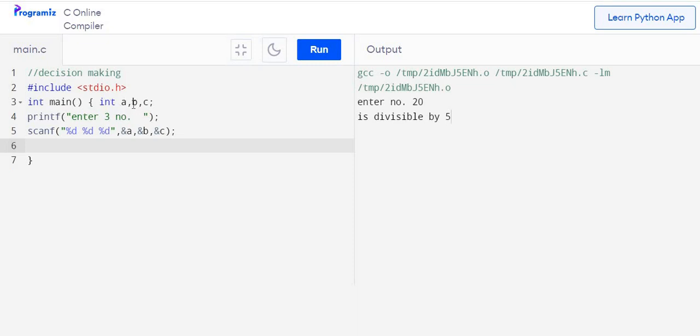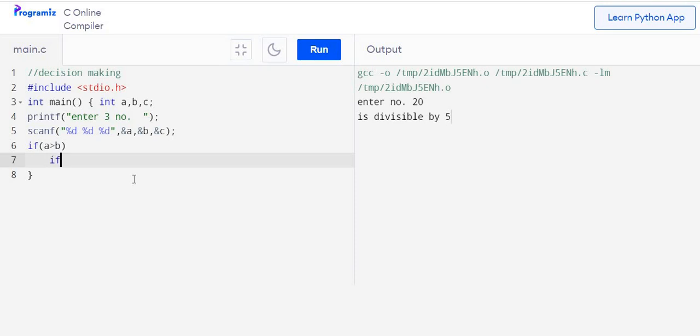So first check whether A is greater than B. If A is greater than B, then A will be checked with C. If B is greater, then B will be checked with C. So if A is greater than B, then under this condition what we have to do is, if the condition is true, that means A is big.